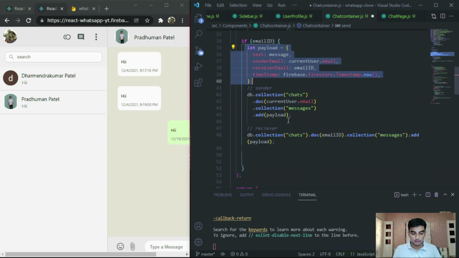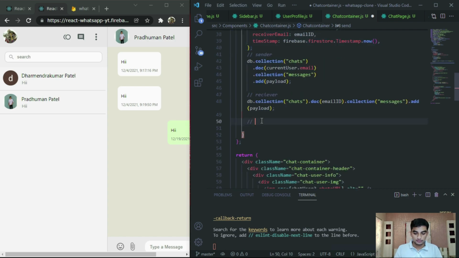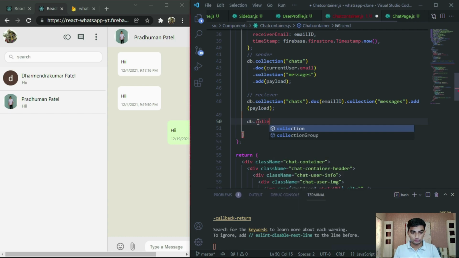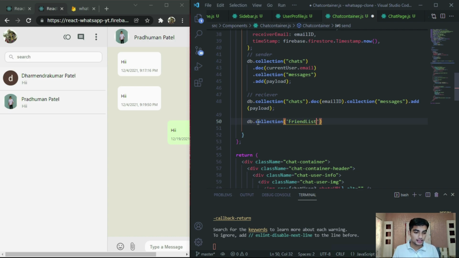We have to provide add friends, add user to sender's friend list, means we have to store each other's information inside each other's friend list. Understand? So for that, db.collection, call it friend list, and inside that friend list